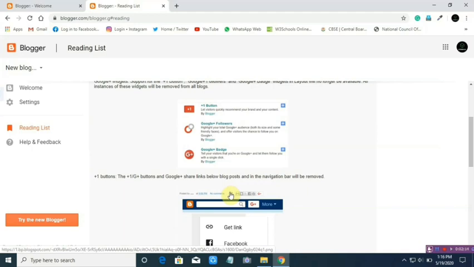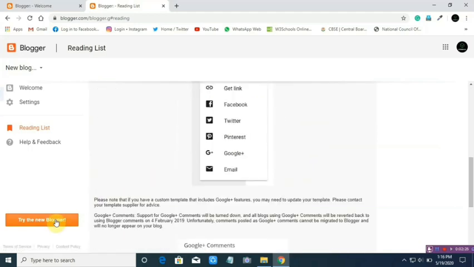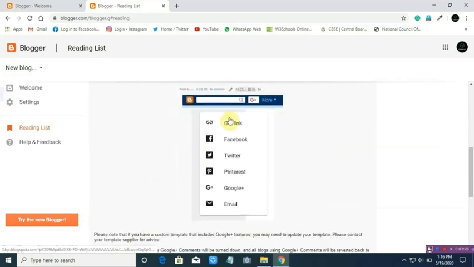Suppose you are following some company, firm, or writer, you can read whatever they are posting here. You can also share your article, like get a link, where you can create a link of your post and share it on Facebook, Twitter, Pinterest, Google Plus, or email.